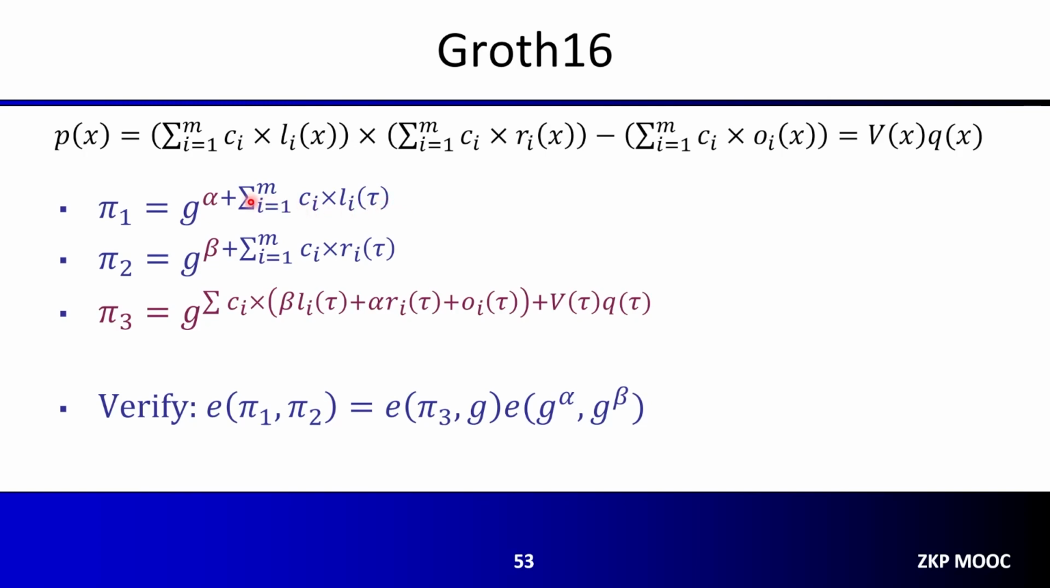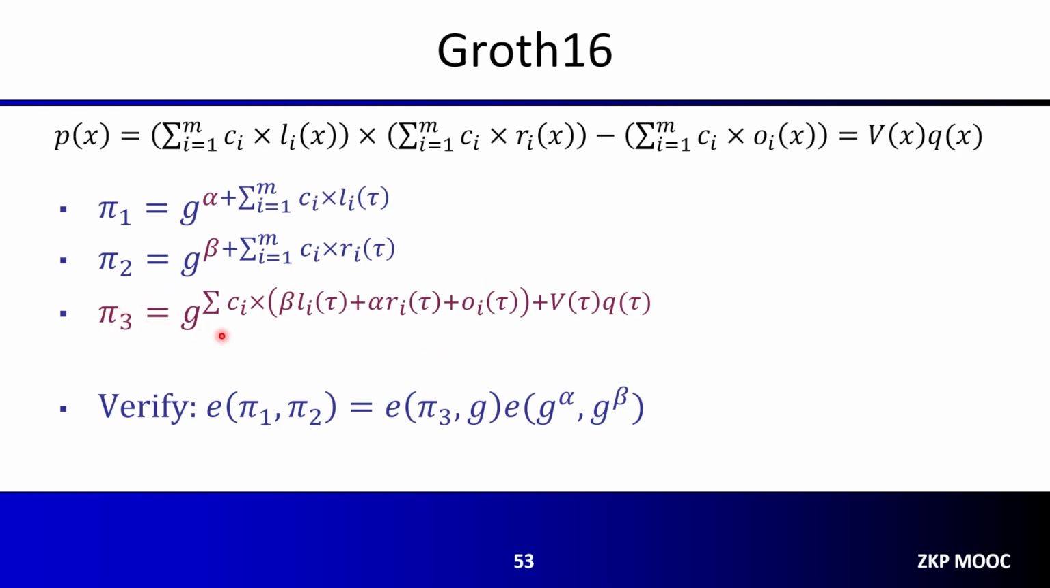But in addition, we are going to add alpha to it, where alpha is again a secret key computed in the trusted setup. And g to the alpha should be in the public parameters for both the prover and the verifier. And similarly, pi2 equals g to the beta plus the original ci times ri(tau). And now the pi3 will be changed